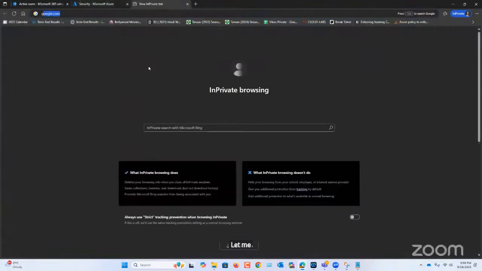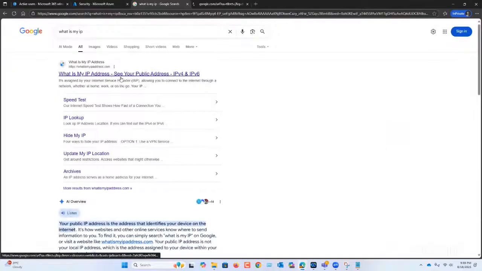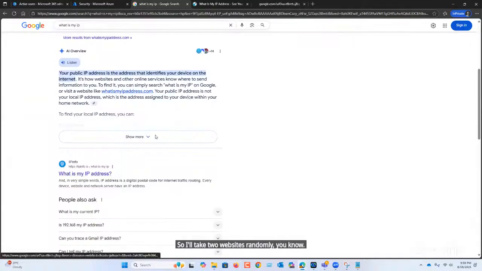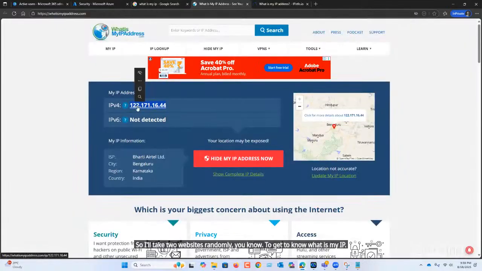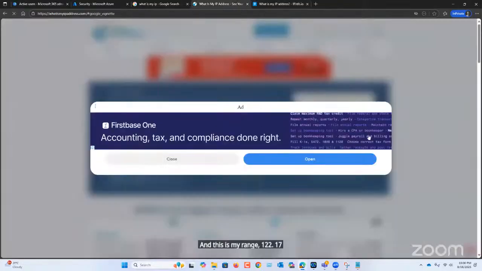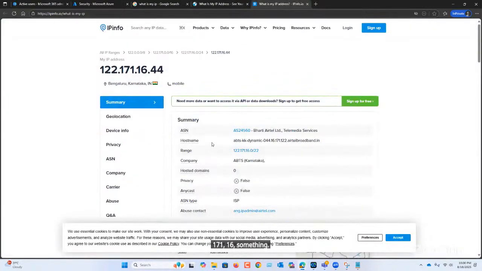Let me see what my IP is. I'll take two websites randomly to get to know my IP. So my IP is 122, ending with 44 something. And this is my range, 122.171.16 something.